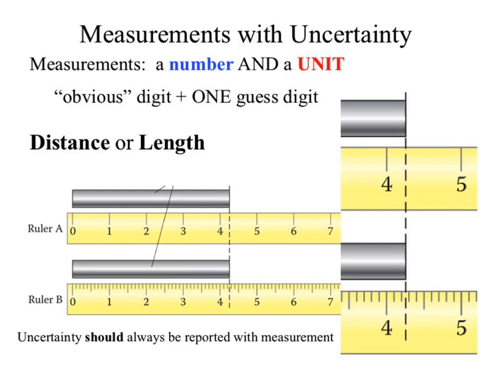So when you were in the lab, what did you do? We did like the greater than, less than, whatever it was. Pretty much just guessed and specified it, except for the balance. Why, for the balance, did you actually have to write a proper precision and not just guess one? The balance is expensive enough that it actually tells you how precise it is. All of your tools should tell you the precision of them. If they don't tell you the precision, it's a useless tool. Okay? So most of the tools that you guys deal with in CHM130 are sort of useless because they don't tell you the precision. Okay? Except our balances. Those are nice.